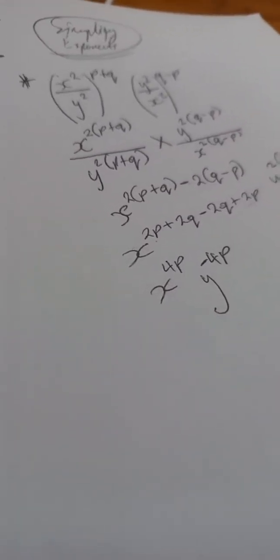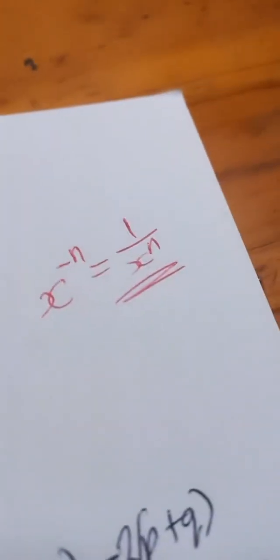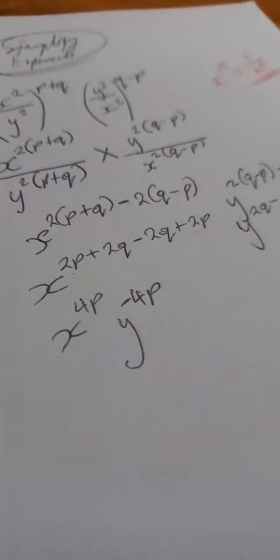All right? But remember, the laws of exponents tell us that we can't leave this guy negative. So x to the power negative n is equal to 1 over x to the power n, like this. This is what we are going to apply here. Now, we are going to come here and say,